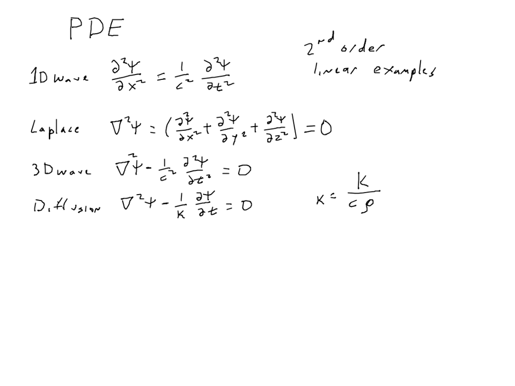And then you've got the Schrodinger equation. And the Schrodinger equation is minus h bar squared over 2m, the Laplacian of psi, plus the potential as a function of position, times psi, equals i h bar times the time derivative of psi. And then there's a time independent form,